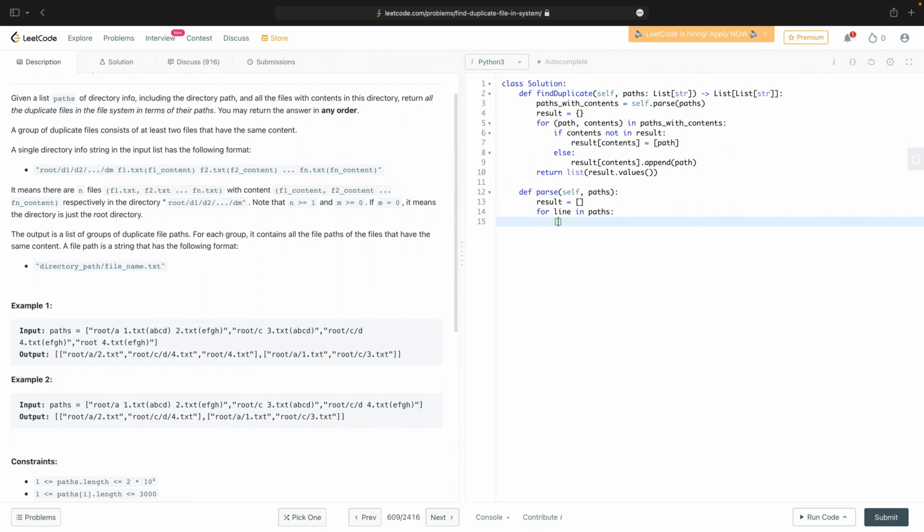Then I want to do directory, files is line.split. I think this has to be done like this. I'll just put it on space. I assume we cannot have